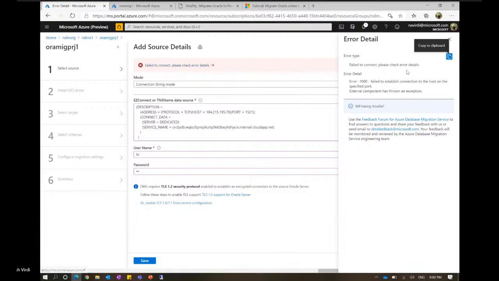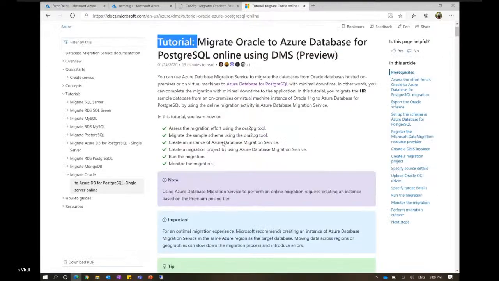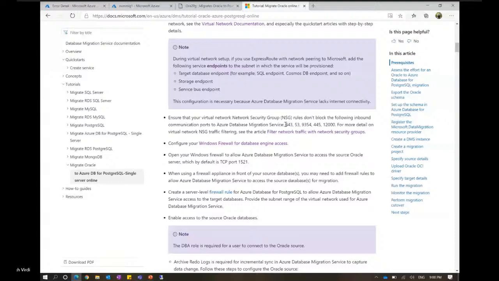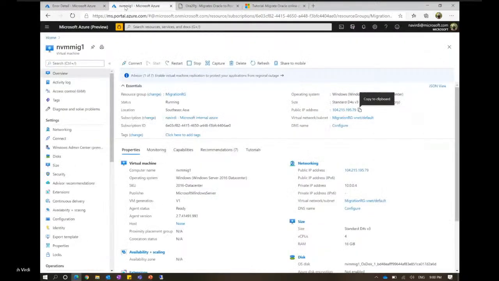Okay, so this was expected. I think there is some issue. So one thing which you need to take care of when you provision the DMS is to make sure that these ports are opened at the NSG level to the Oracle database that you would connect to.